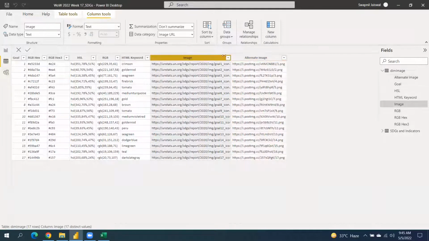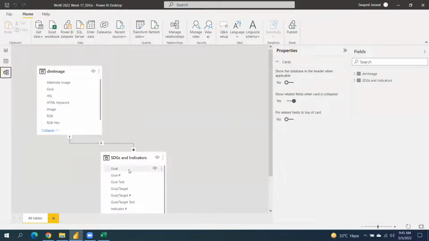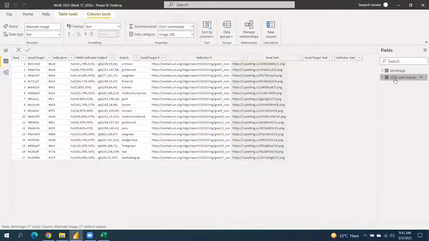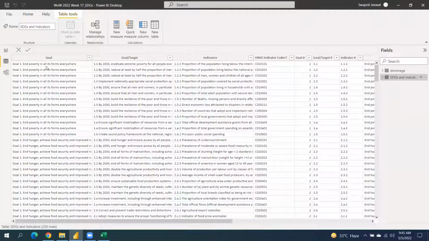Okay, so once they have the image category and the data alternate image, and they have defined the categories for both of them, then we have to build just one relationship between the two tables. The first table basically has the text of all the goals. If I show you the table, yeah, this will give us the goal, the target, the indicator, and the details